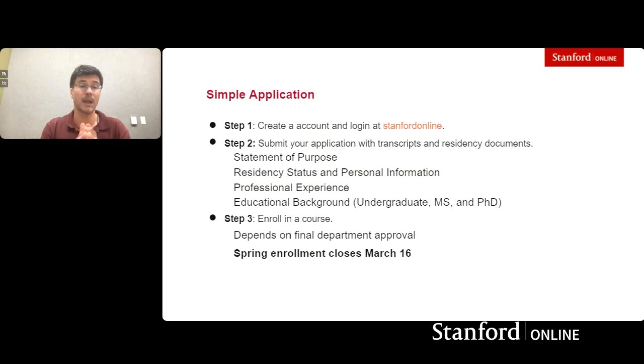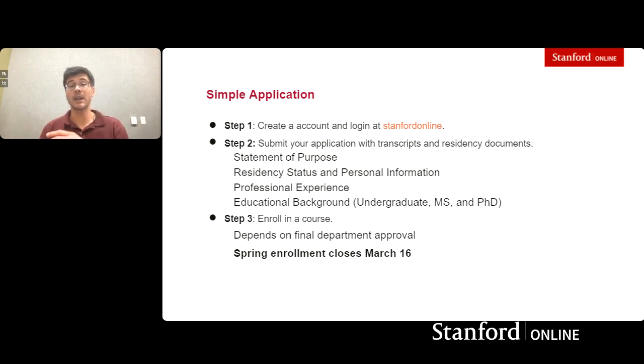We would be sharing it with the departments. We do not review your application until you enroll in a course, and we don't review it, the departments do. Once you enroll in a course, we forward that to the relevant department. They review it and make a decision about whether or not to approve you for that particular course. Every time you enroll in a course, we would be resubmitting that application to the relevant department.